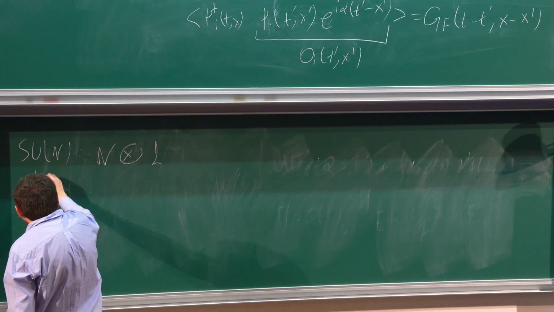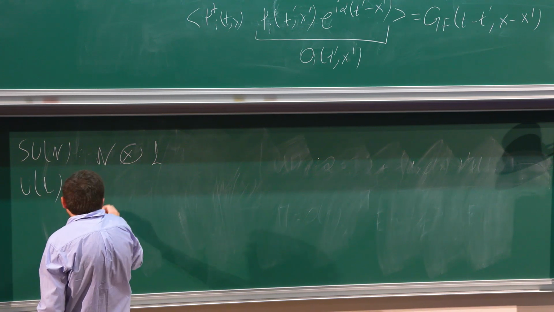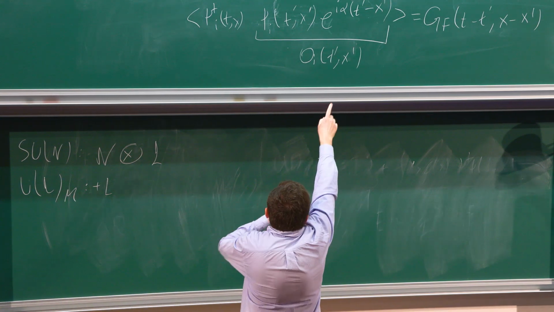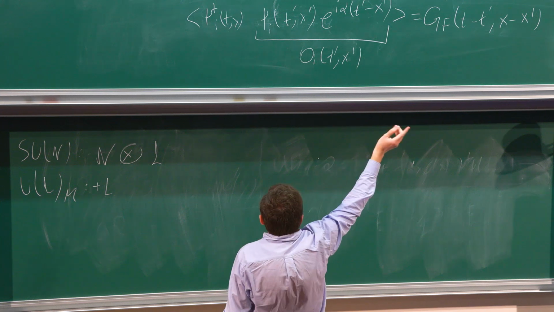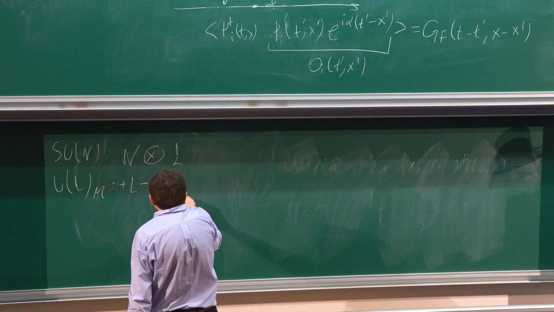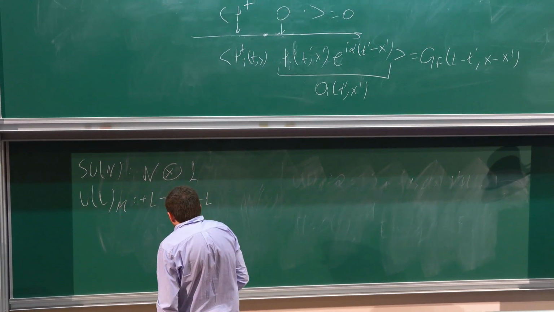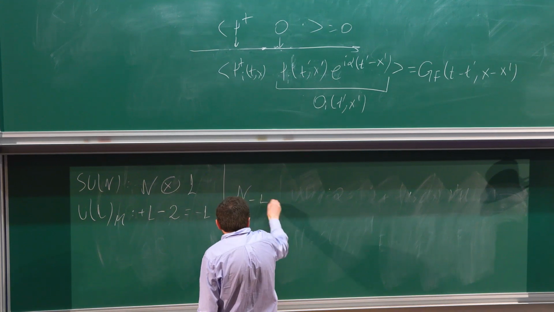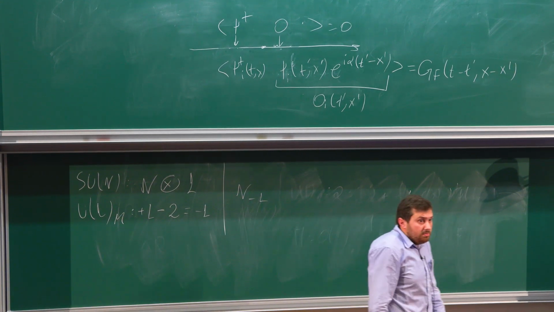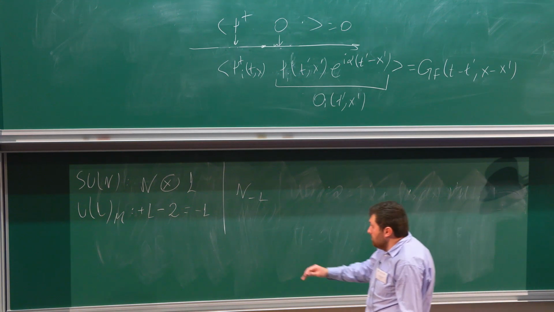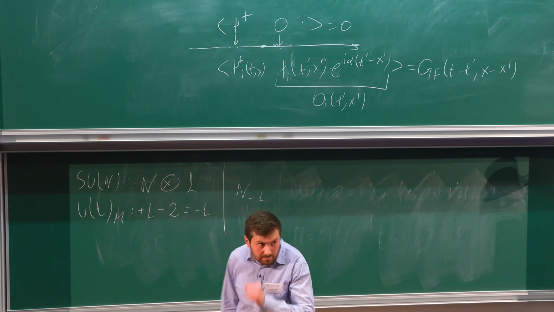Under U1M, psi has quantum number +1 because it is evaluated right to the monopole, and exponential shifts under U1M, so after normalization it has charge -2. So it has U1M charge -1. So at the end, quantum numbers are n-1, as it should be, because we are trying to solve the problem where this symmetry should be conserved.